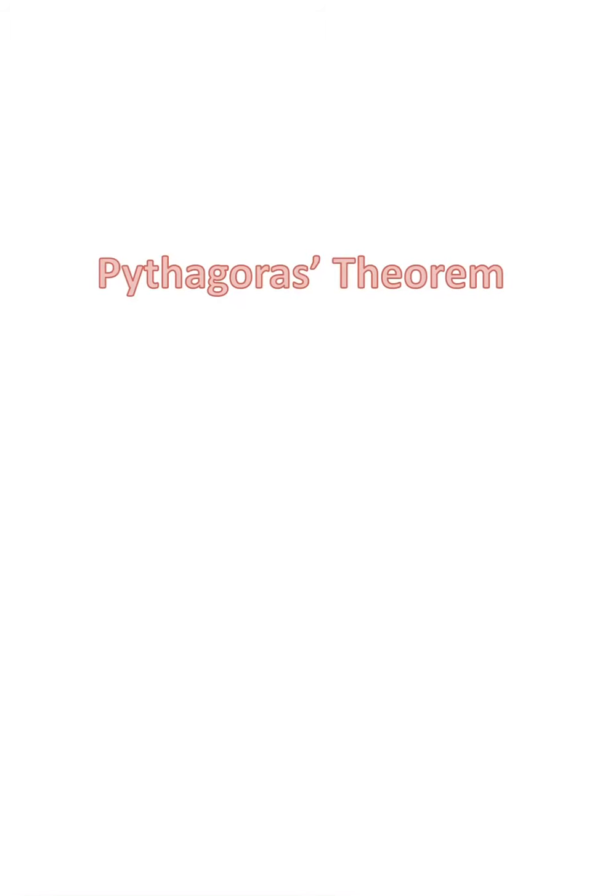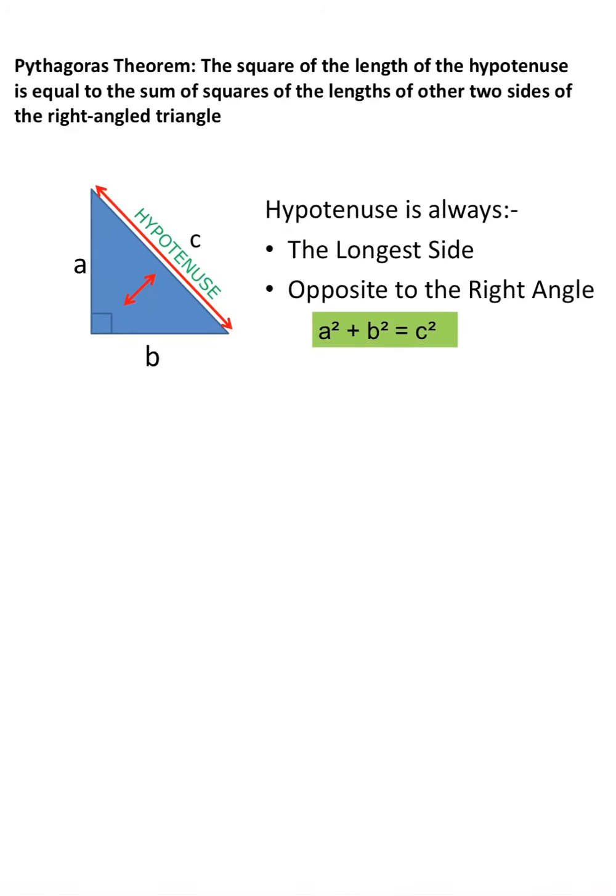In this video, I'm going to be going through Pythagoras' theorem. Before I go into Pythagoras' theorem, you need to know what the hypotenuse is. The hypotenuse is always the longest side of a right angle triangle, and it's always opposite the right angle. As you can see here in the diagram, the hypotenuse is opposite the right angle and it's the longest